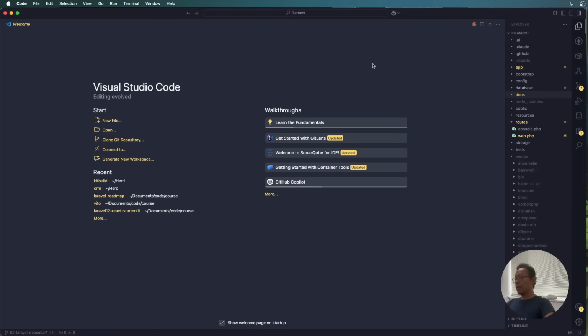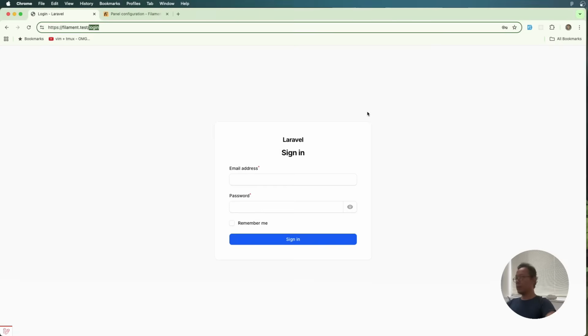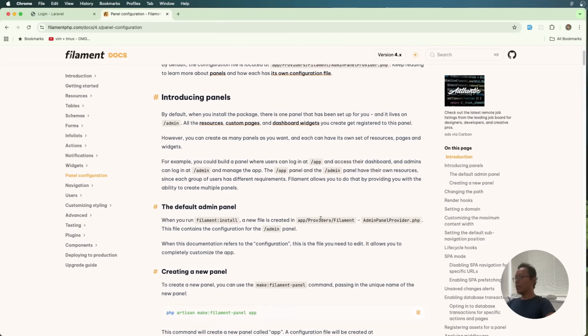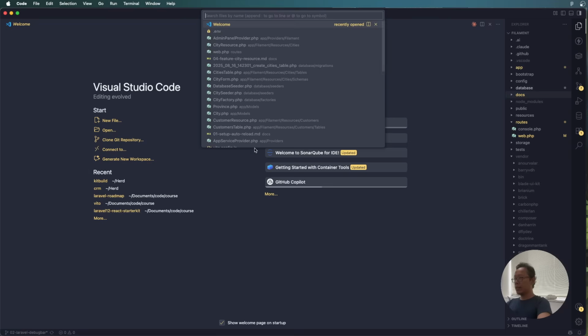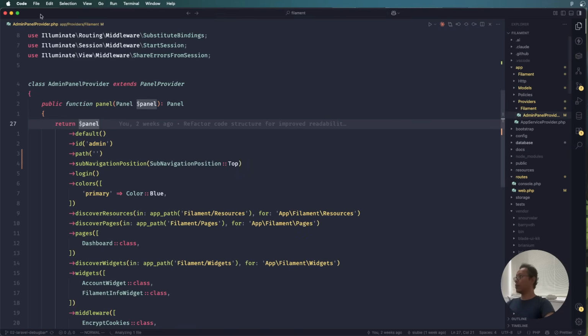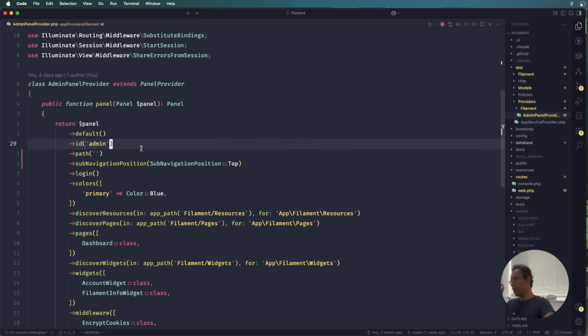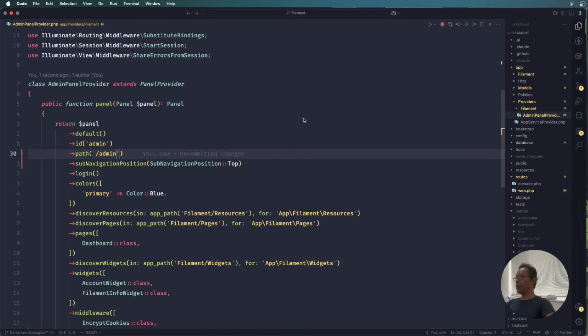We close the AI assistant and then let's focus on how we can work. We have this admin panel provider, right? Everything that you want to change about the panel will be reflected here, in the admin panel provider under app providers, Filament. By default, this path is /admin, and when you save it,